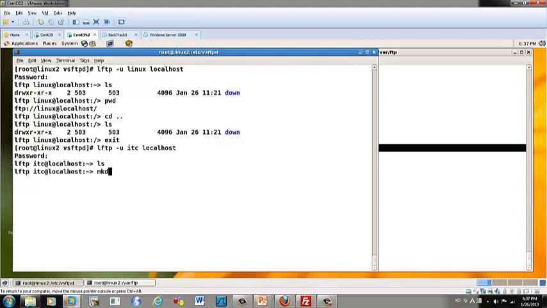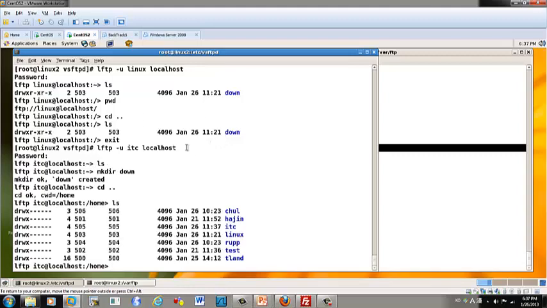Okay, I will make a directory down and cd. Okay, Linux user cannot go up to the previous directory because this user is registered or listed in chroot, but